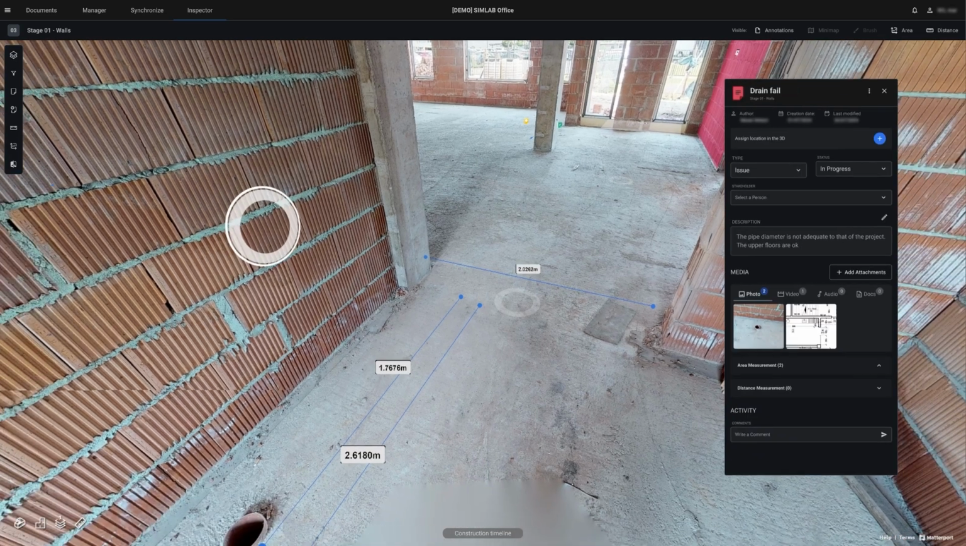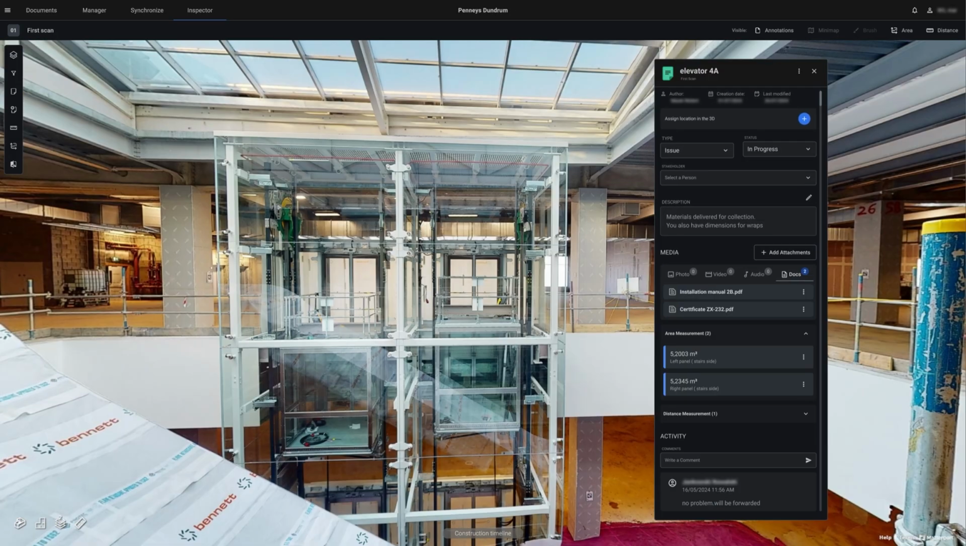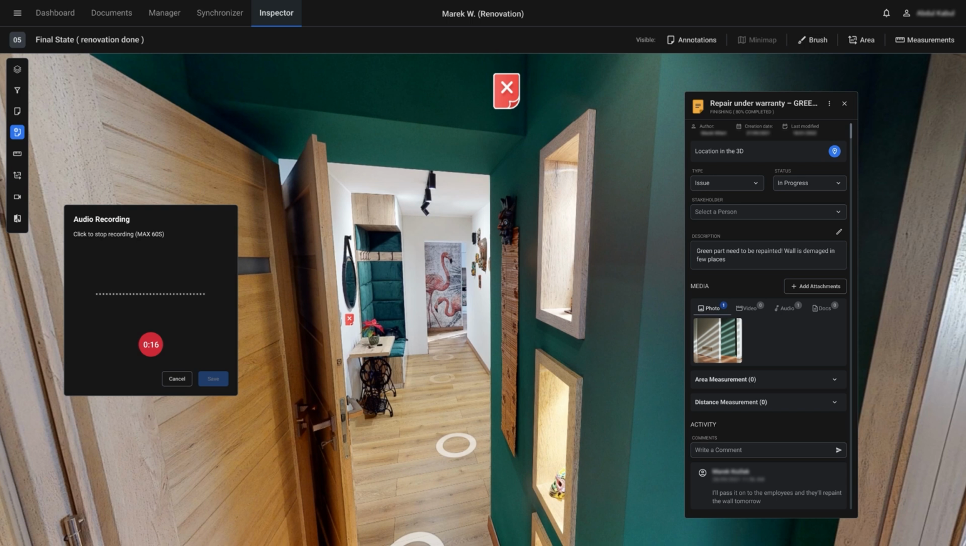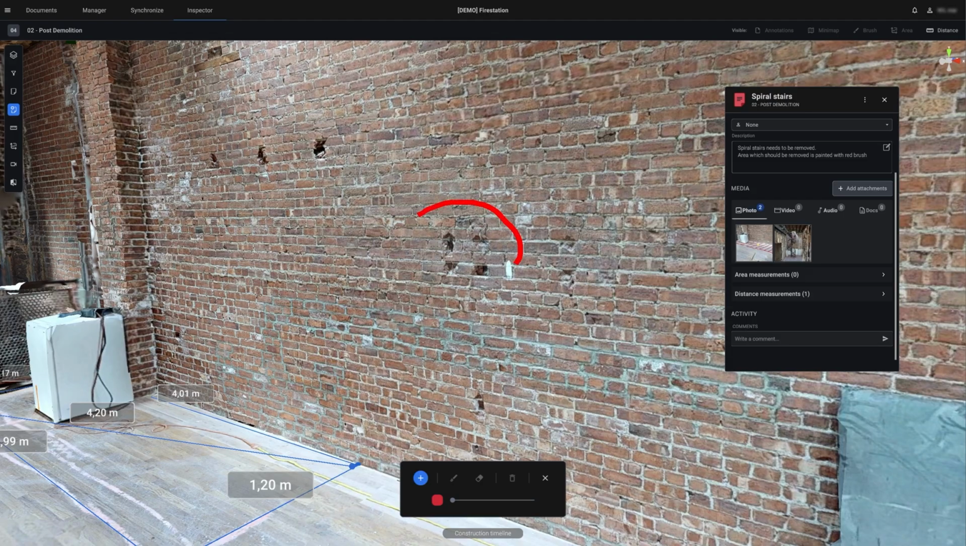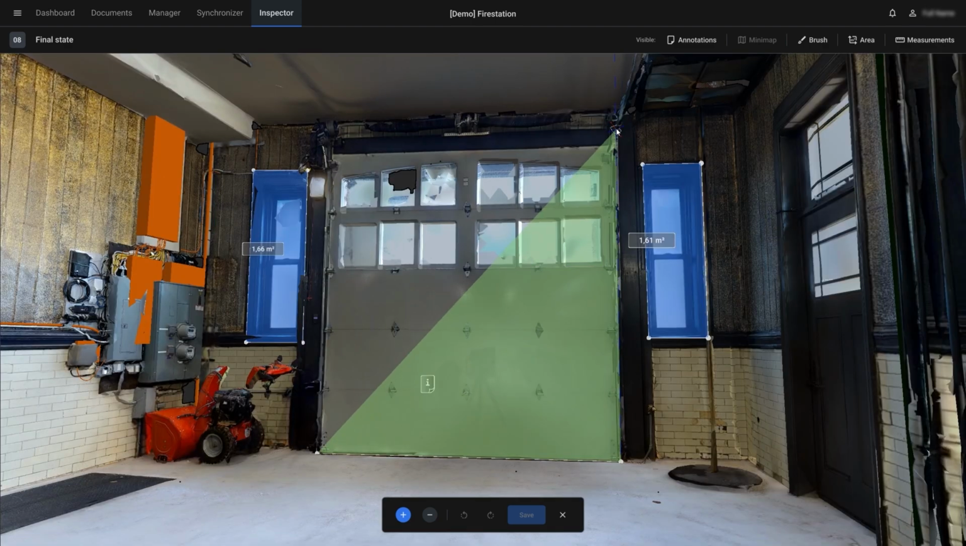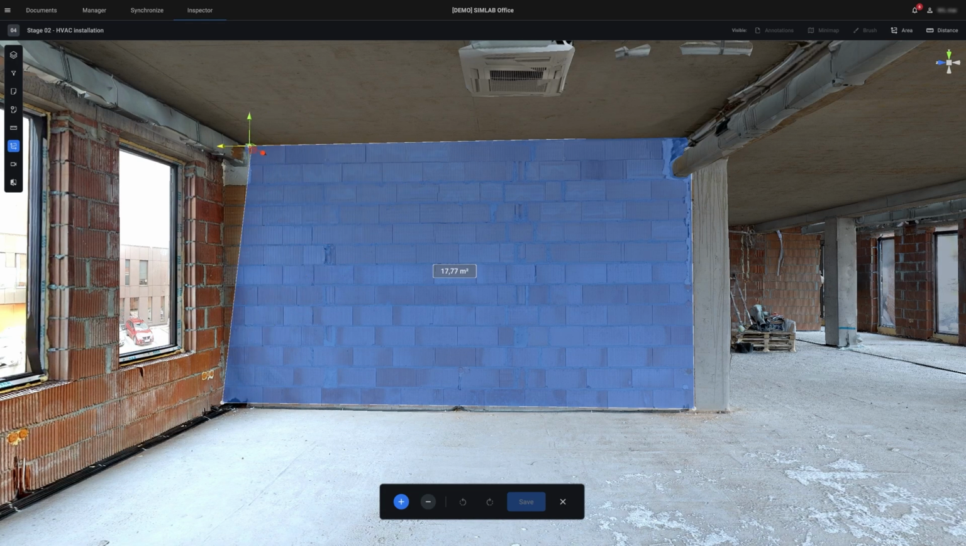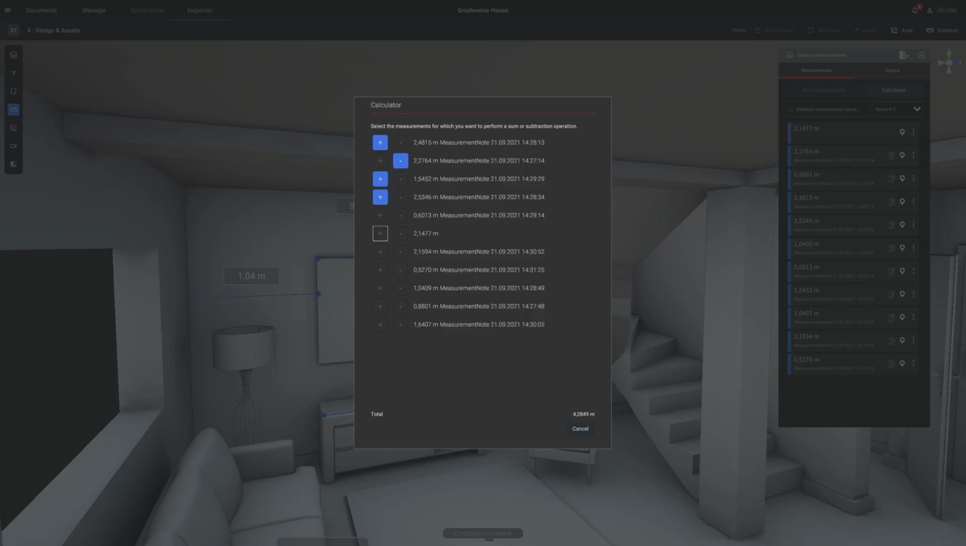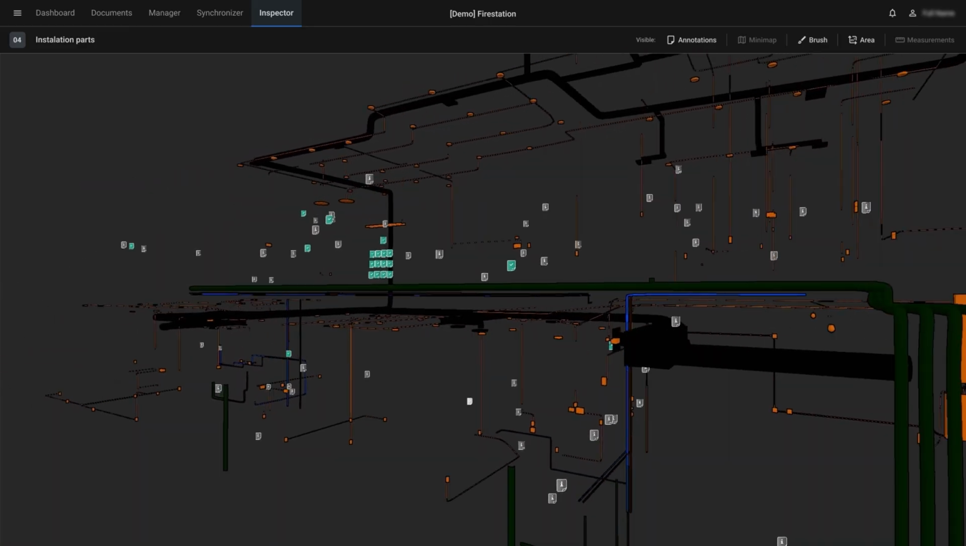Collaborate across teams using Stages' communication toolkit. Add annotations, voice notes, and sketches directly onto 3D models or screenshots. Take precise length and area measurements, perform calculations, and document insights, all within an interactive 3D environment that enhances clarity